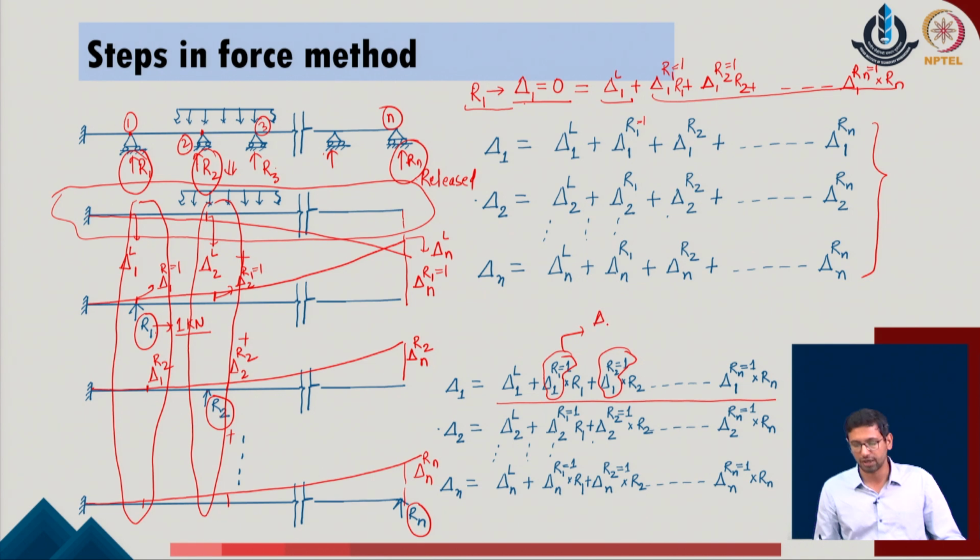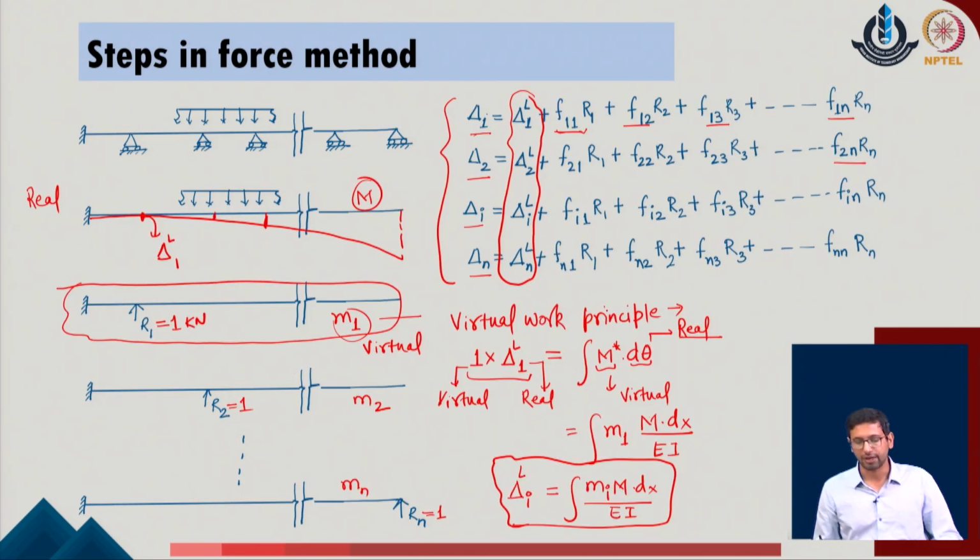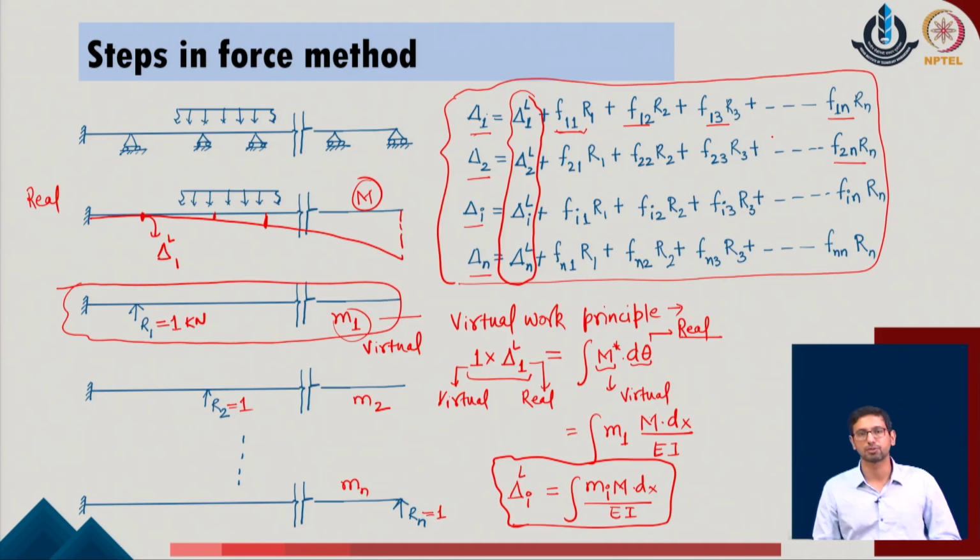So, if this coefficient we define, this is delta 1 with respect to R1 equal to 1 unit, and we call it as f of 1 1 in the given problem. Similarly, if I just go to this particular component which is with respect to delta 1 with R2 being 1, I can define this as f of 1 2 in the given system. So, displacement at the position of the redundant 1 with respect to the unit value of the load applied at the position of the redundant 2 in the given system. With this idea in mind, we can finally write the expressions in this simple manner, which typically describes all the n number of systems with respect to their conditions of the flexibility matrix coefficient and the respective values of the loads.